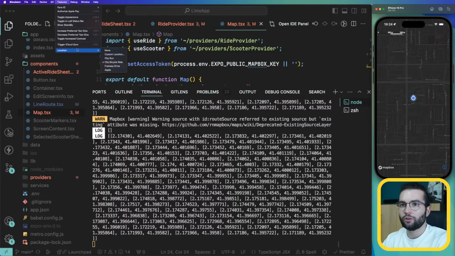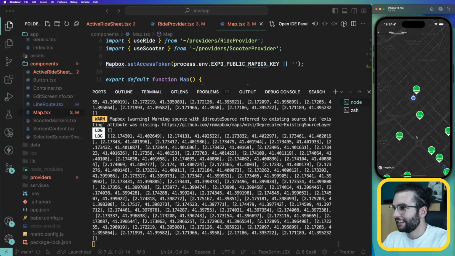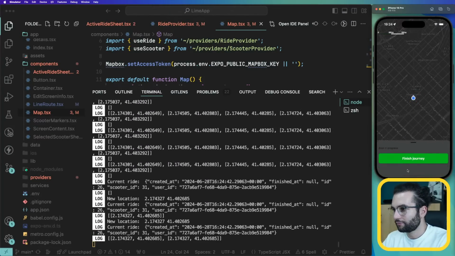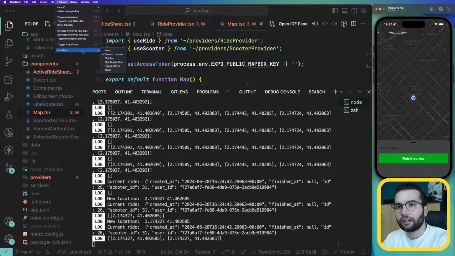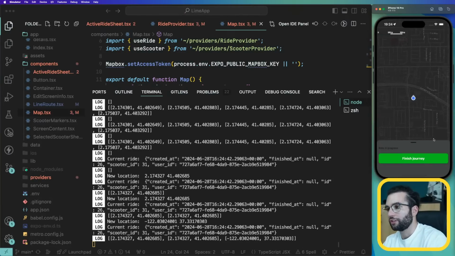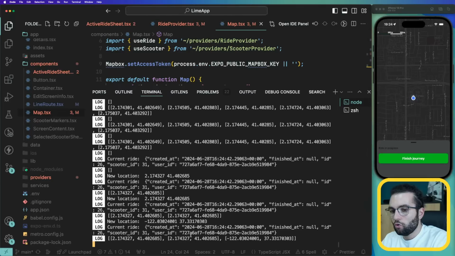So I need to go using the custom location, go back to Barcelona, select one of these scooters, start a journey, go to a city bike. It's going to add a huge line from Barcelona to USA. But then I hope